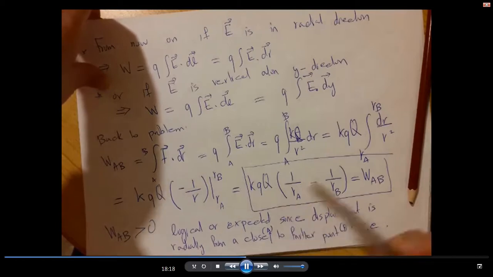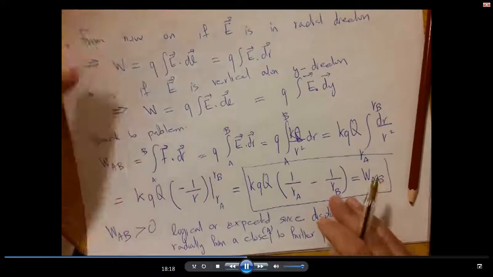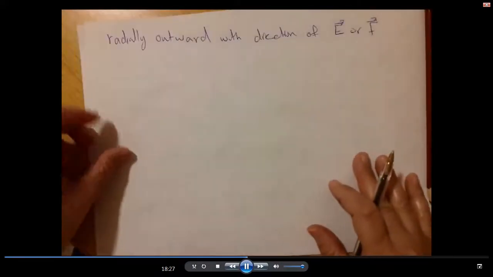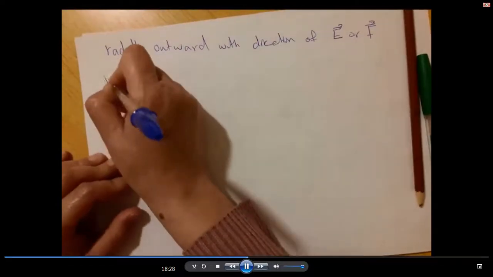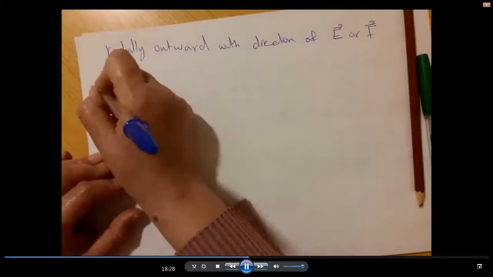We are talking about radial, because E is radial, so radially where it was and radially where it is at the end. So also the work is